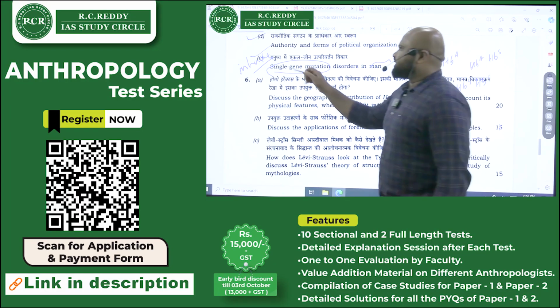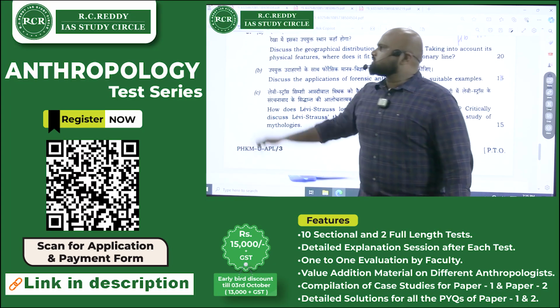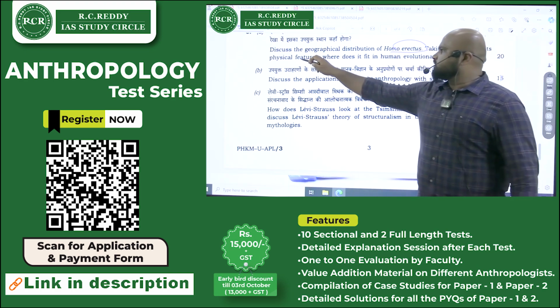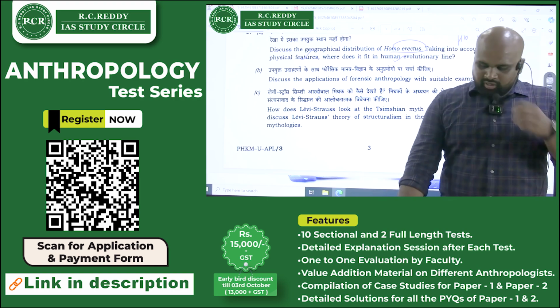Sixth question, a straightforward and much expected question. Now discuss the geographical characteristic or geographical distribution of Homo erectus, taking into account the physical features. Where does it fit in the human evolutionary line? Right, in the context of the human evolutionary line,